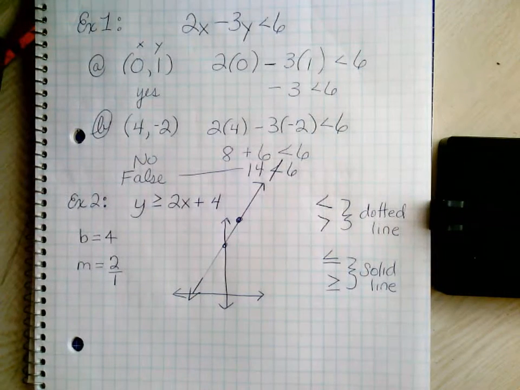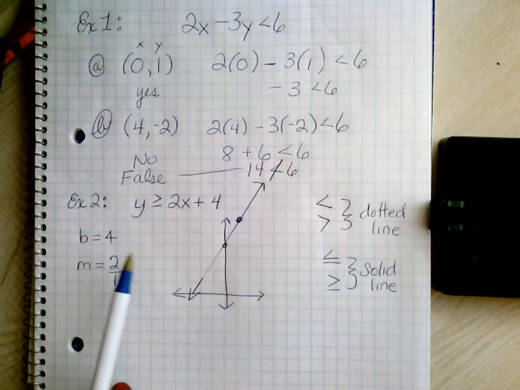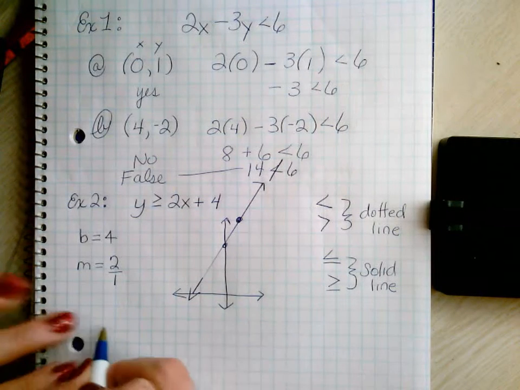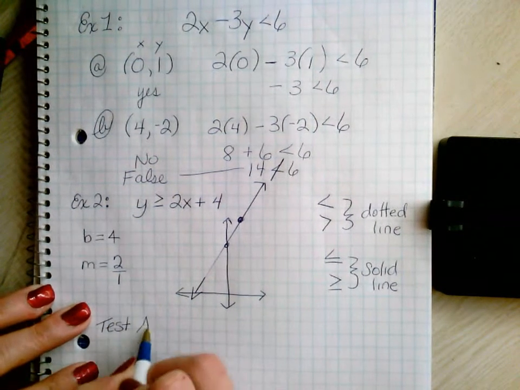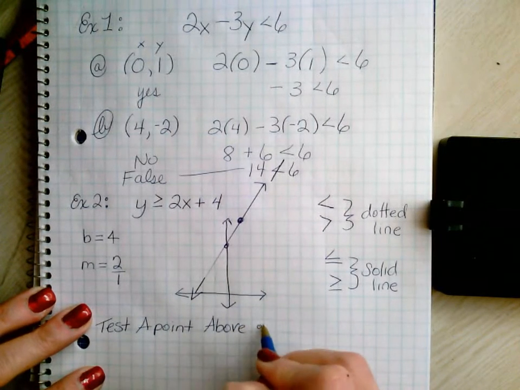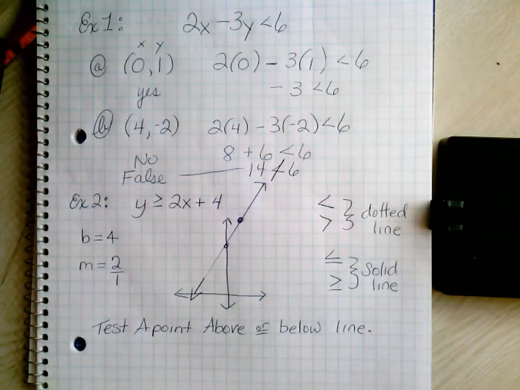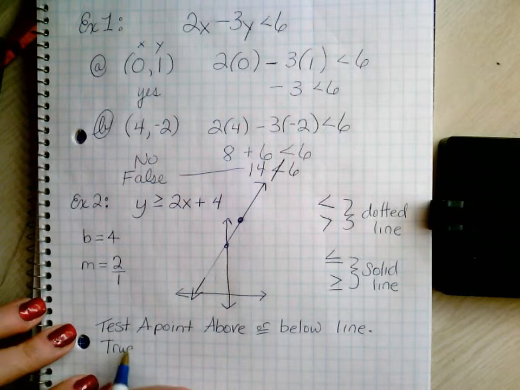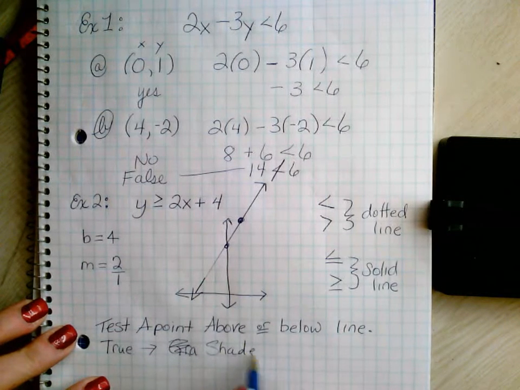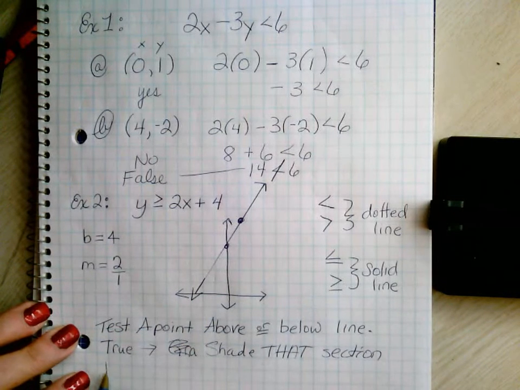Okay? So we've picked which scenario fits. We've graphed our y-intercept and our slope. Here is the step that makes it tough. Test a point either above or below your line. Okay? If true, then graph or shade that entire section. You'll see what I mean in a minute. If false,